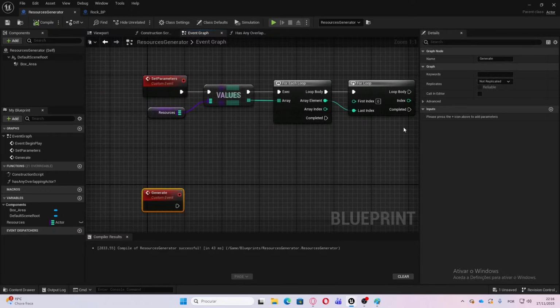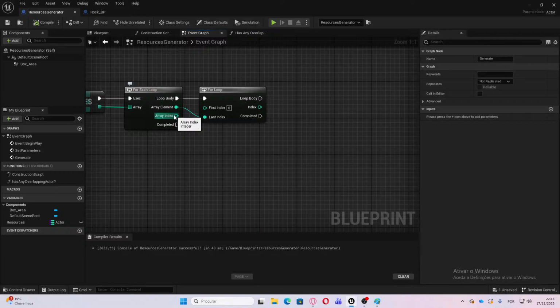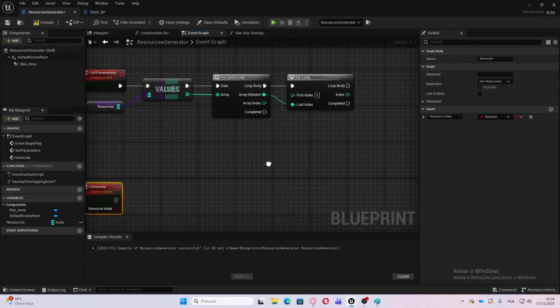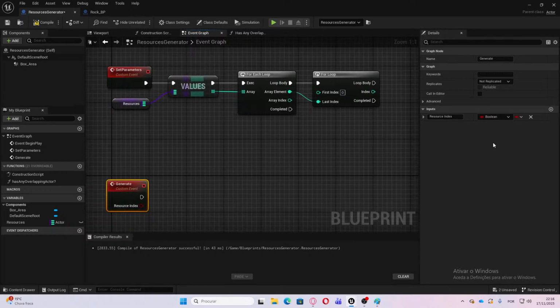So this will have generate... this will receive 2 things, which will be the array index here, so resource index, something like that, and this will be an integer,